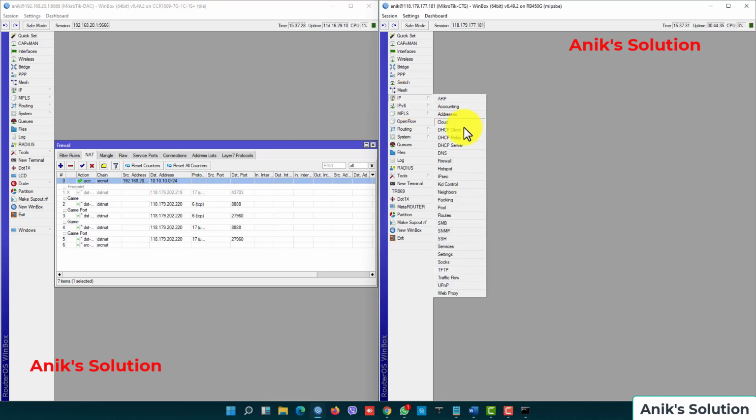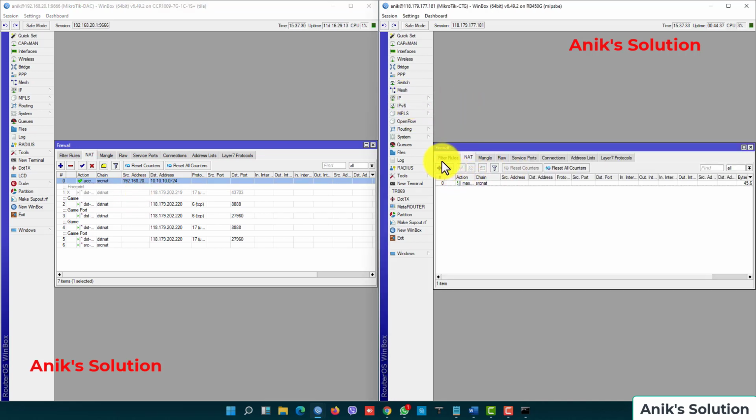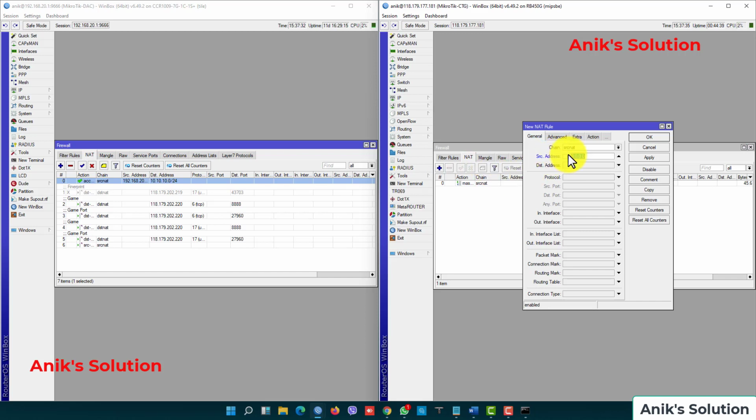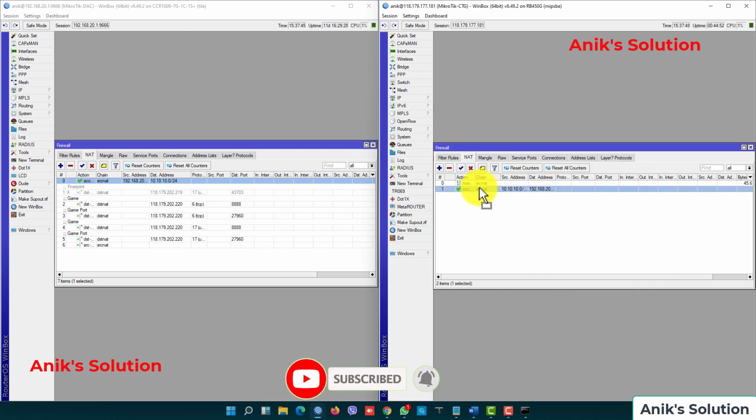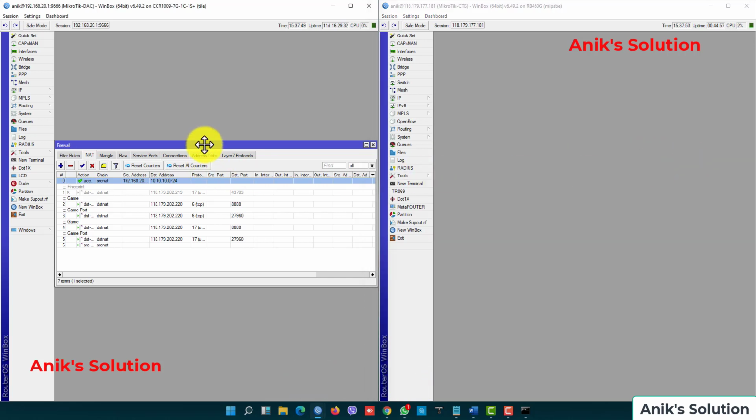Then again in IP firewall NAT, create a rule with source address 10.10.10.0/24 and destination address 192.168.20.0/23. Then action is accept and drag it up. And our configuration is done.